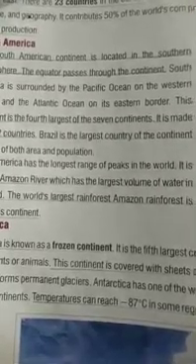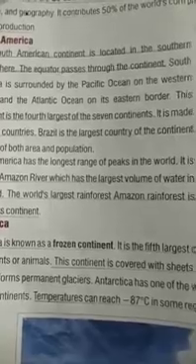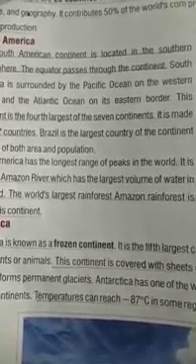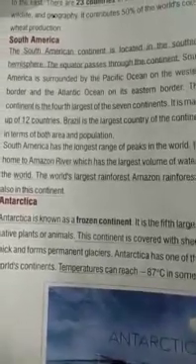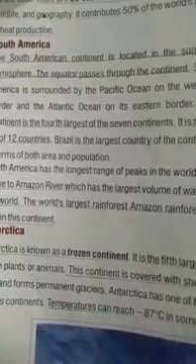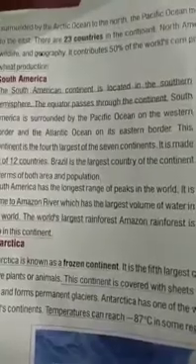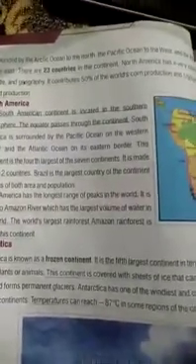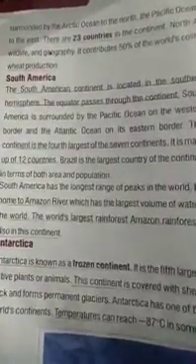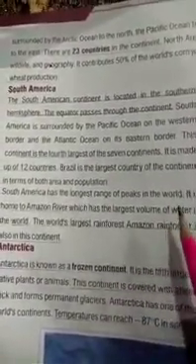Underline these points. Brazil is the largest country of the continent in terms of both area and population. South America has the longest range of peaks in the world. It is home to the Amazon River, which has the largest volume of water in the world. Okay, students? It's the longest range of peaks in the world.